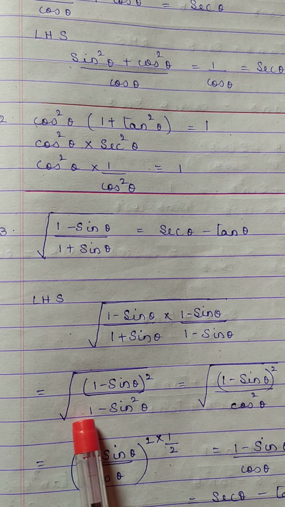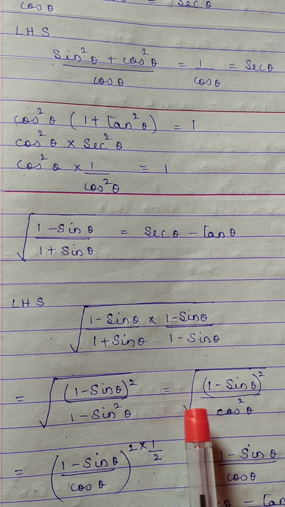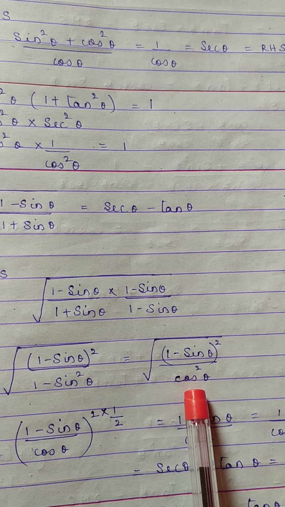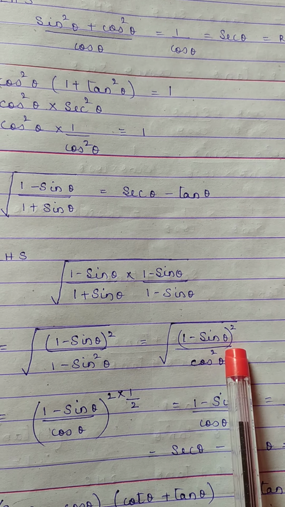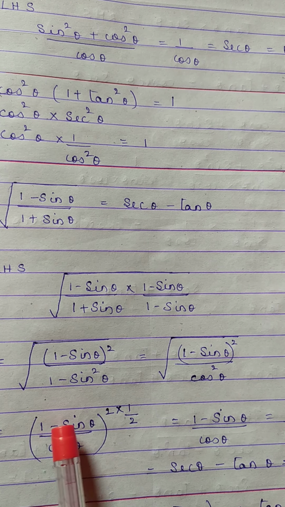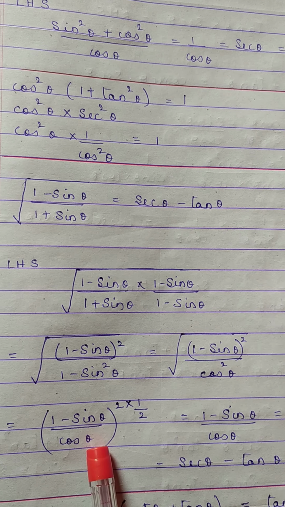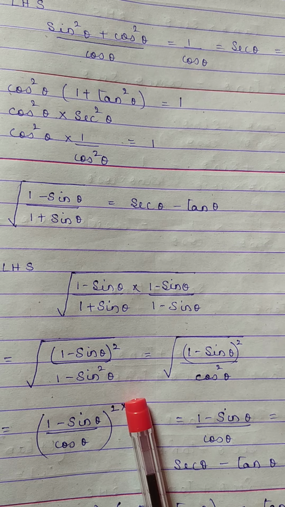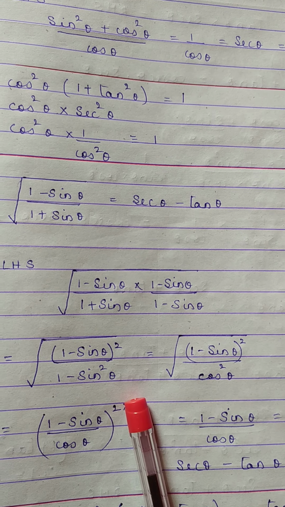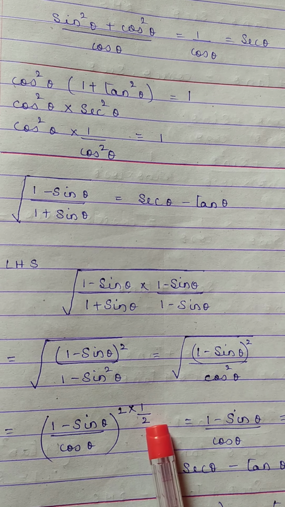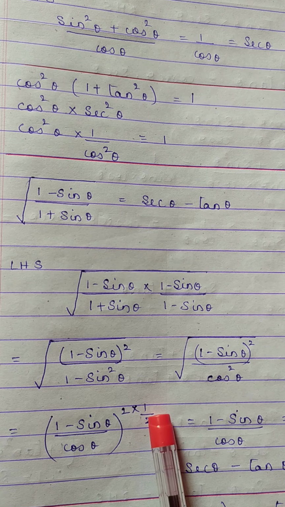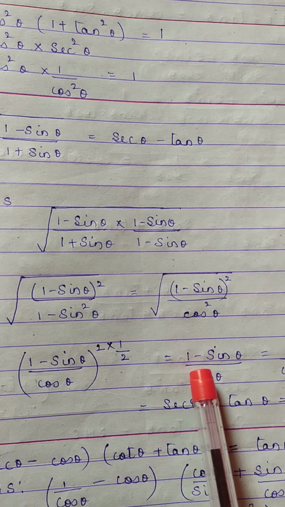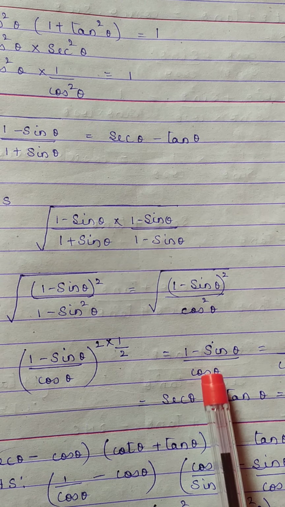1 square is 1, 1 minus sin square theta, which is cos square theta. So 1 minus sin theta the whole square by cos square theta. I am going to put the whole thing in terms of square. So 1 minus sin theta upon cos theta the whole square. Now this is what we get. Now for the square root, instead of the square root, I can multiply it with into half. Square root actually stands for multiplying it with half. 2 and 2 get cancelled. My answer is 1 minus sin theta upon cos theta.